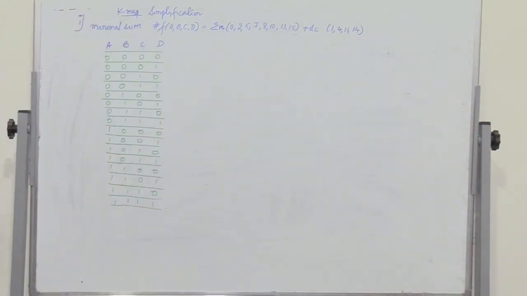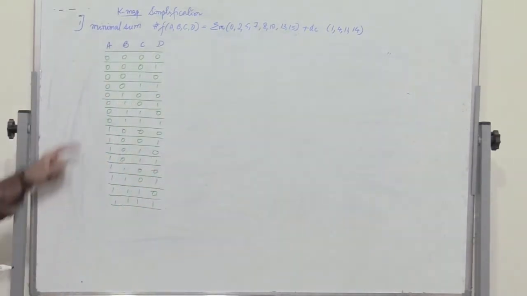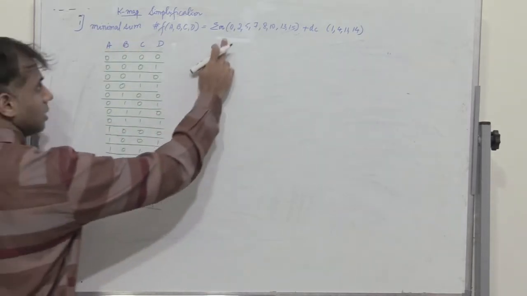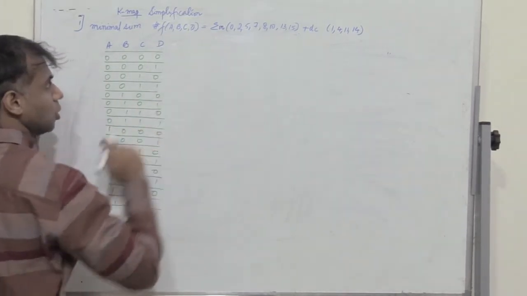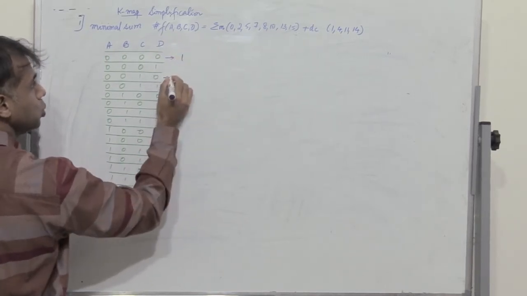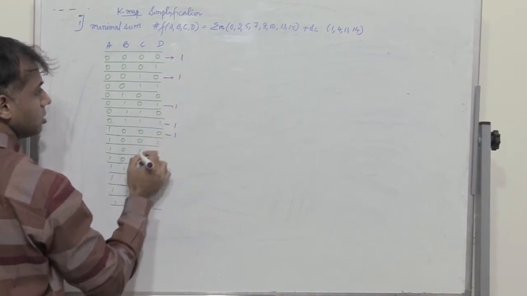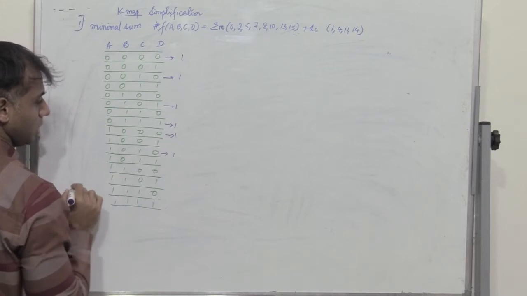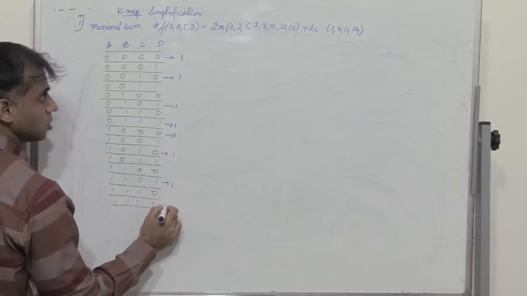Given the expression, for this expression here we can write the truth table. So since there are four variables, you have A, B, C, D, and then the truth table suggests that the output is 1 for these combinations of the inputs. So when A, B, C, D is 0, the output is 1. When it is 2, it is 1. When it is 5, 1, 7, 8, it is 1. And then 10 is 1, 0, 1, 0. And then we have 13, which is 1, 1, 0, 1, and then 15 is also 1.